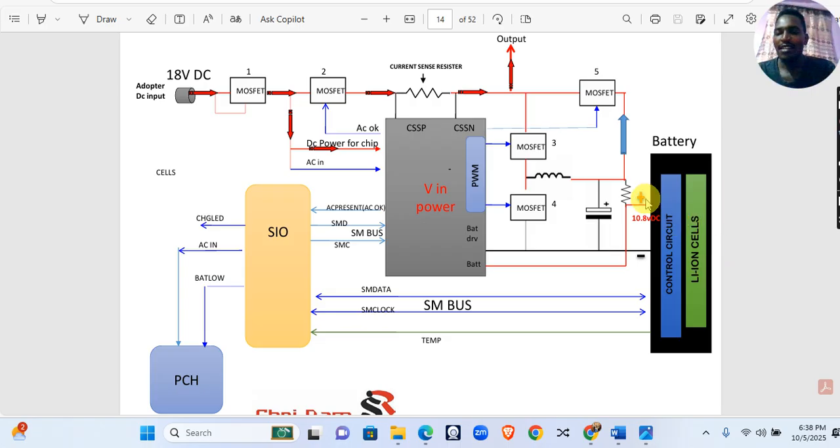Then you might have an issue with the battery, either with the battery cells or the BMS, which is called the battery management system, right? Yes, when you have an issue with the BMS, it means there are some signals which might be missing, and these signals have a voltage of 3.3, so all of them should have 3.3. So when you are checking these signals, you check whether they have 3.3 volts. In case you have 3.3 from each line, it means the BMS is good and communicating with the SIO,